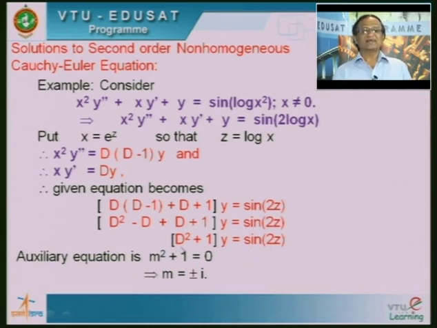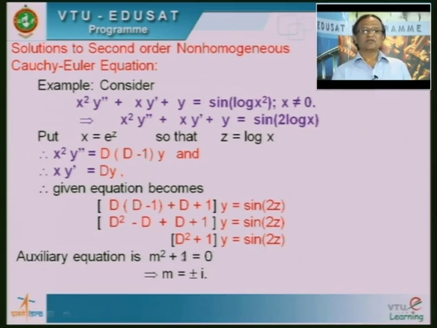Now, you can treat it as a linear differential equation with constant coefficients, and you know the method how we solve a linear differential equation with constant coefficients. Like that we can solve this equation. Okay. So, now what is the auxiliary equation of this equation? It is very simple, replace d by m. I hope m square plus 1 is equal to 0 is the auxiliary equation of this equation.